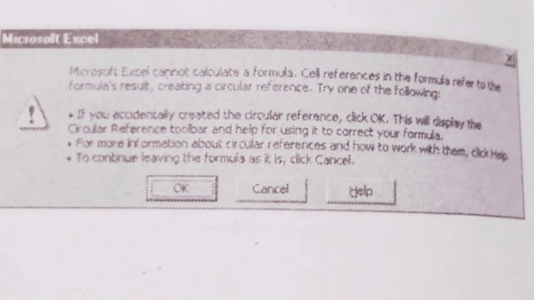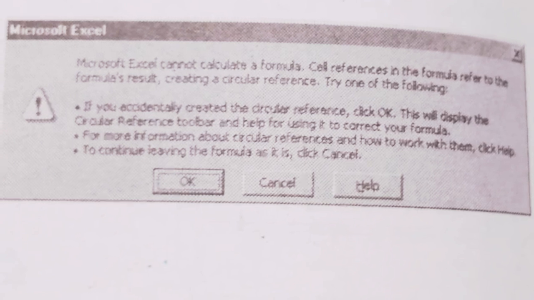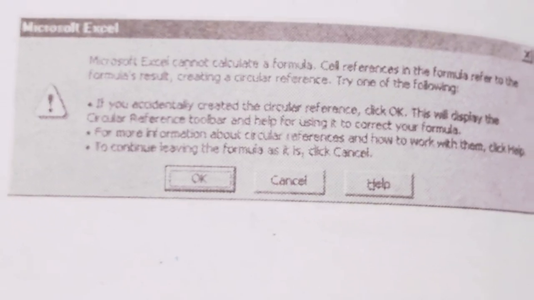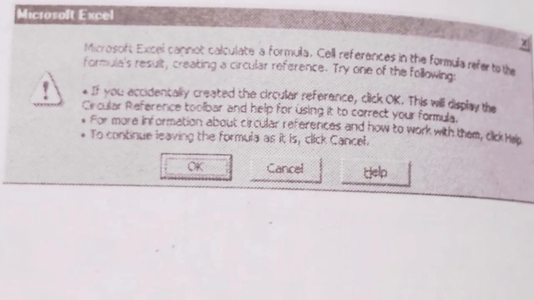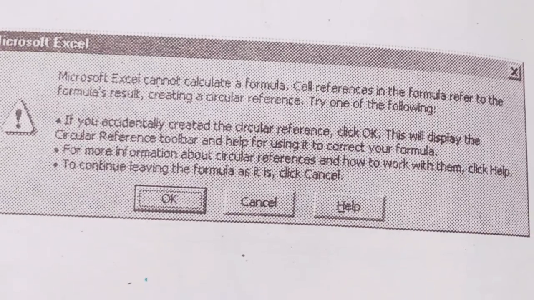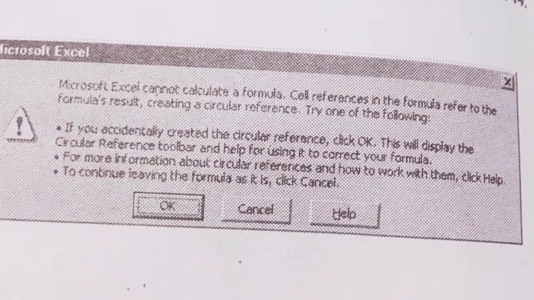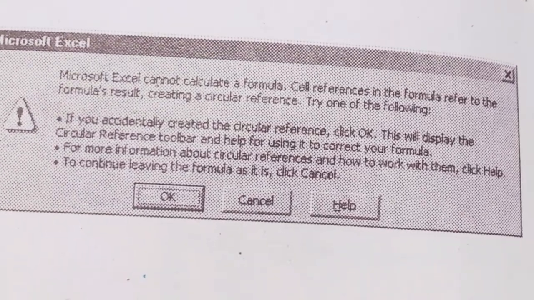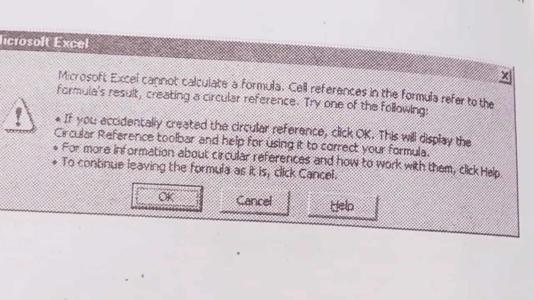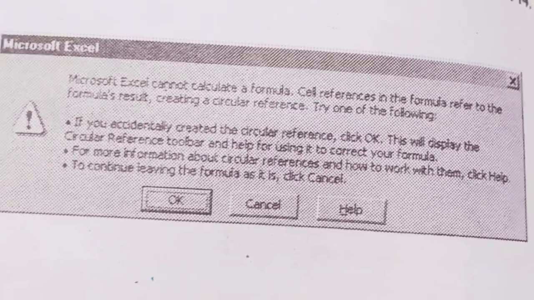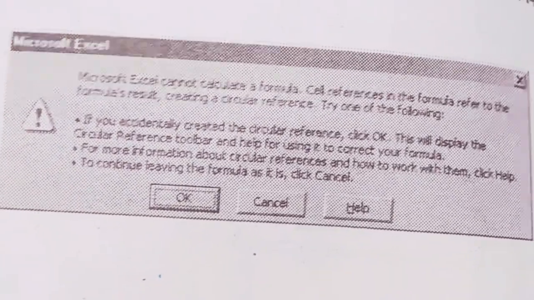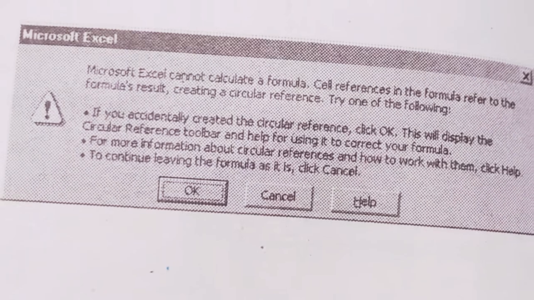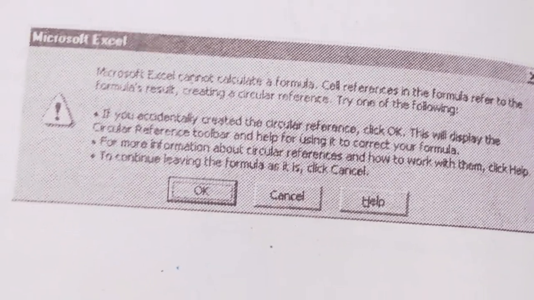This will display the circular reference toolbar and help for using it. For more information about circular references and how to work with them, click Help. To continue leaving the formula as it is, click Cancel.